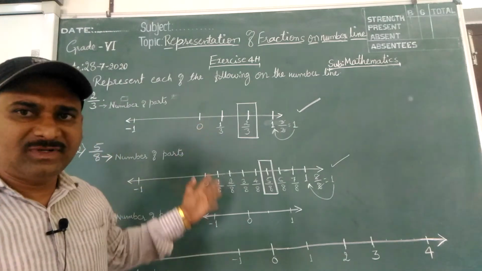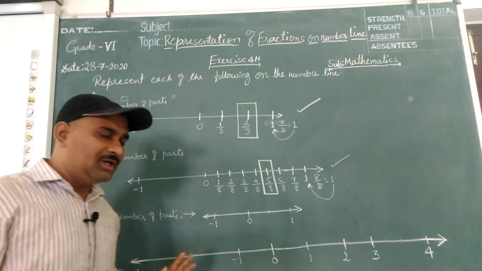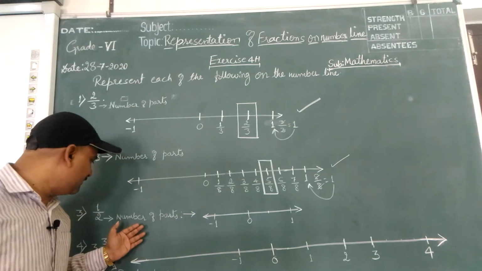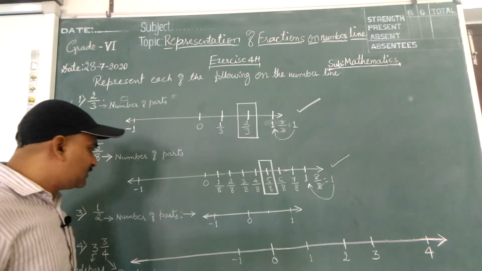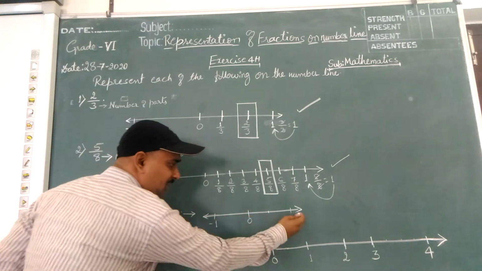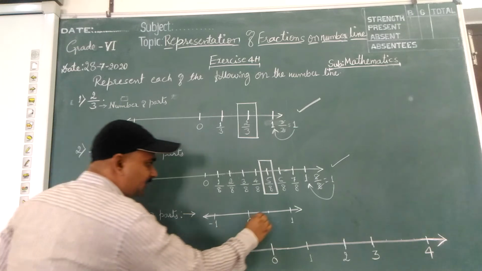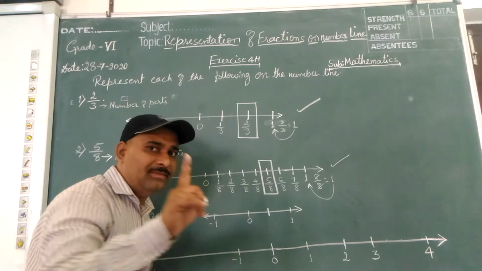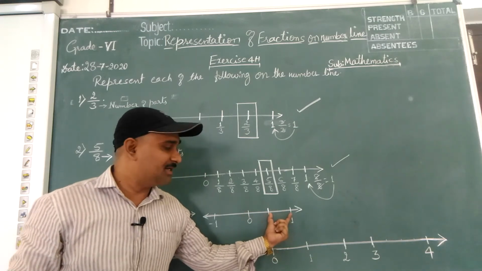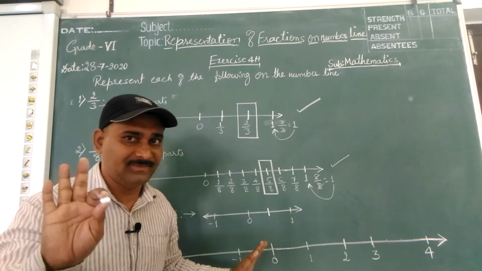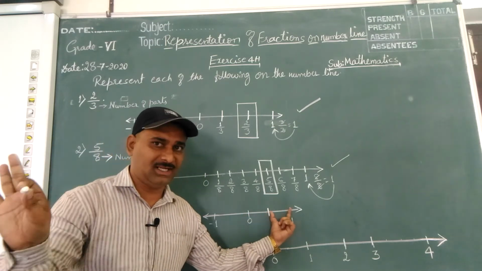I think after explaining 2 examples, now all your doubts are cleared. So let me explain one more, that is 1 by 2, it is easy to show. 1 by 2 is half. So this is the positive side. So how many parts? I should make 2 parts. Only by drawing one line, you can make 2 parts. 2 parts means you should not draw 2 lines here, children. First part and second part. 2 parts are done.